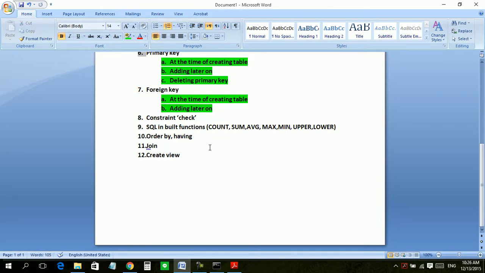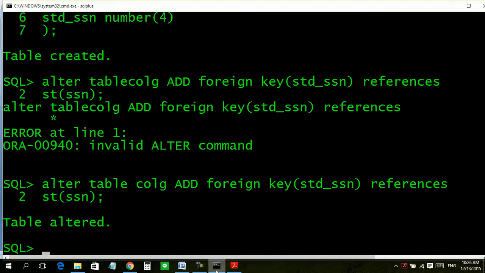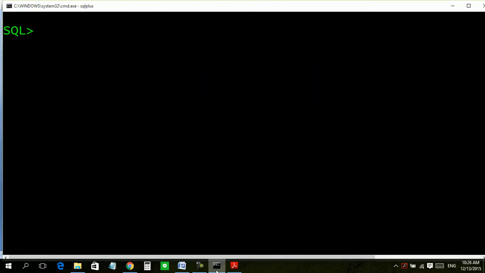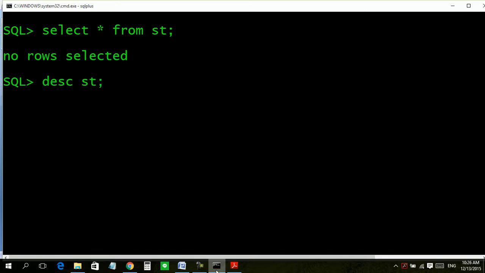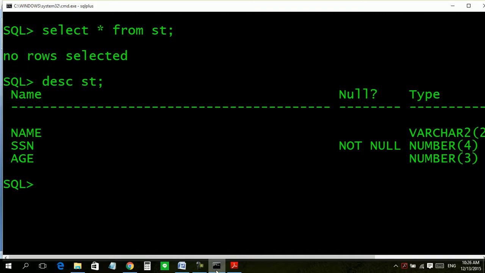Moving ahead, there is an option, constraint check. Shabab, let us come to our first table st. Describe st. Yes, look Shabab, there is a column name, a column ssn, and a column age.